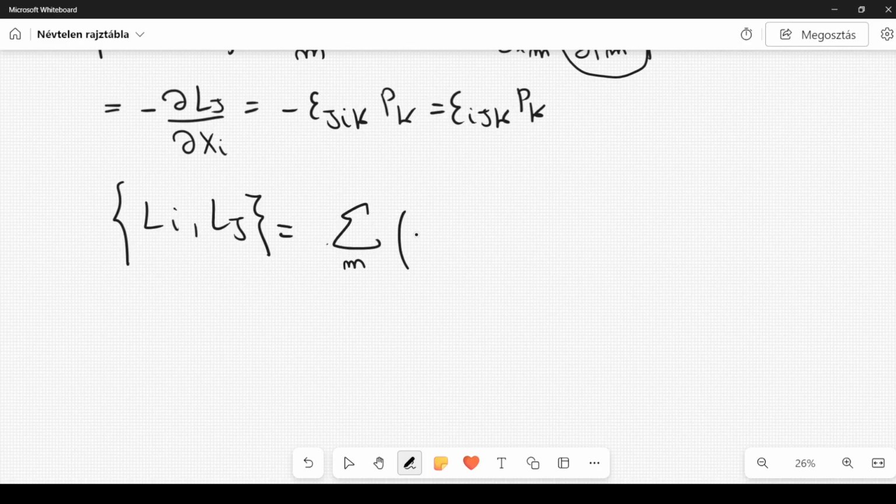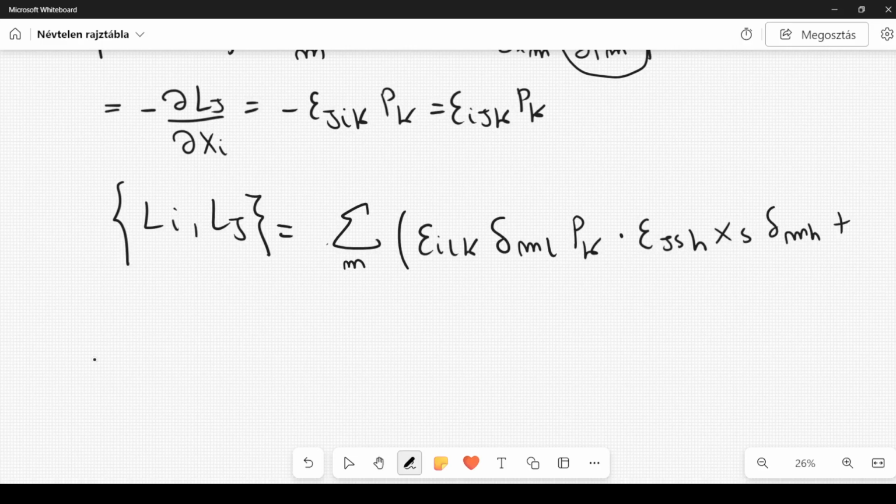So we sum over m, and then I have epsilon ilk, so I have relabeled some indices there, delta ml, which comes from taking a certain derivative, pk, and then I have epsilon jsh x, let me write it properly, xs delta mh plus, then I have minus epsilon ilk, then I have another epsilon, but first let me write xl delta km times epsilon jsh delta sm